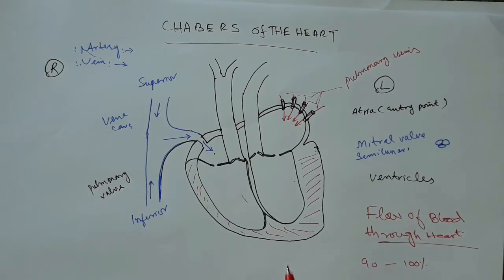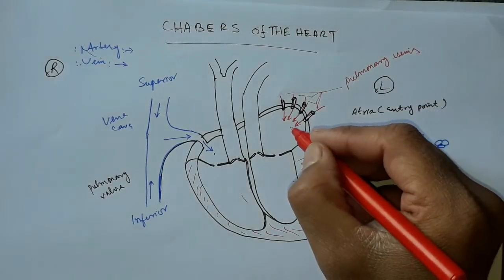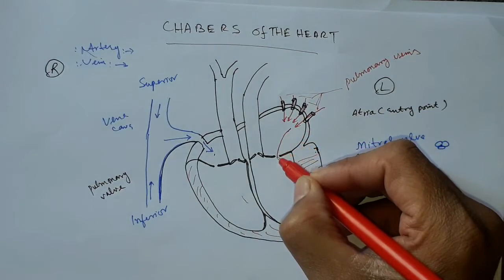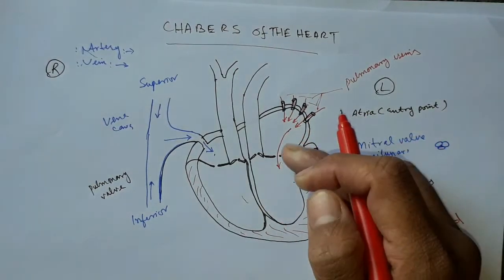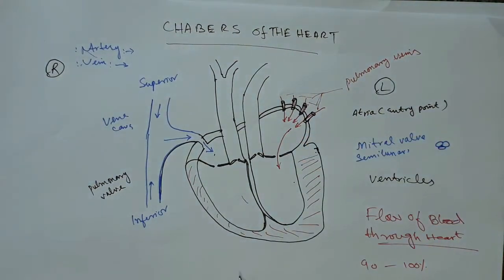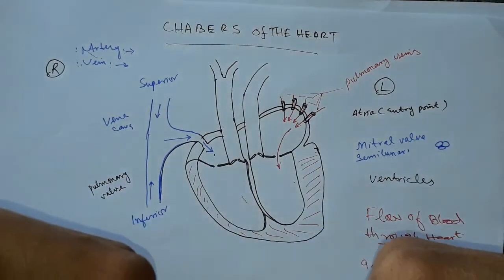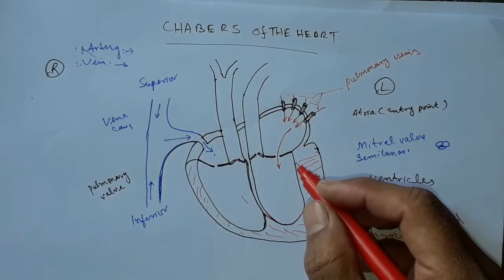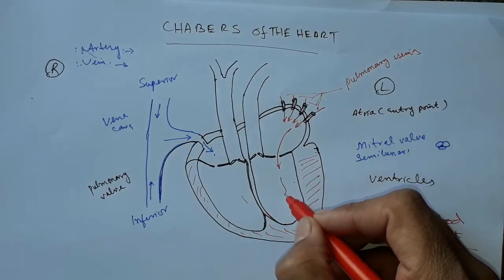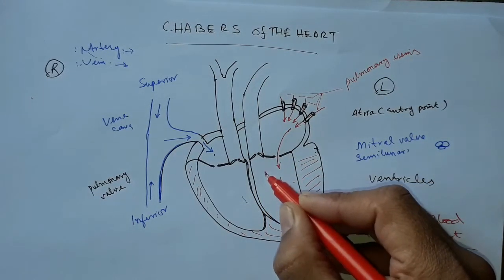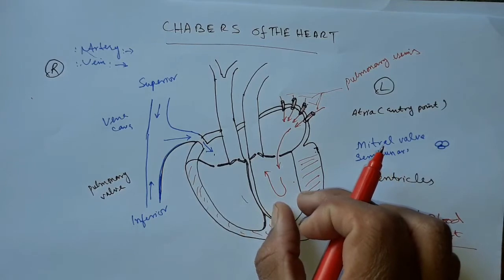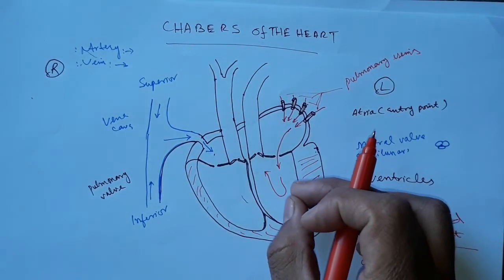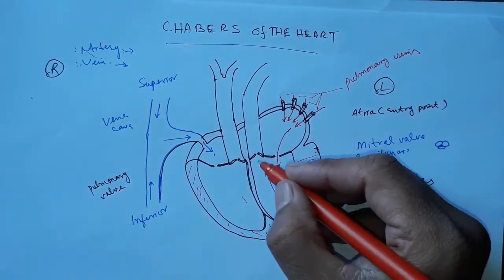So from the left atrium, blood flows through the bicuspid valve. This is the bicuspid valve. This will open in this way into the left ventricle, and when this left ventricle contracts, that blood will be ejected through the aortic semilunar valve